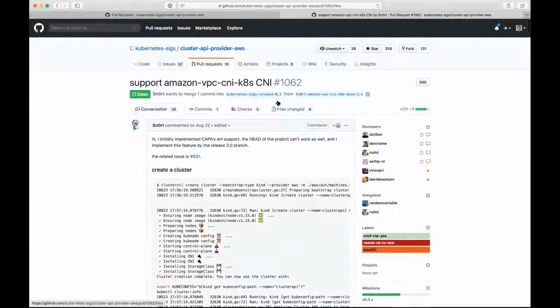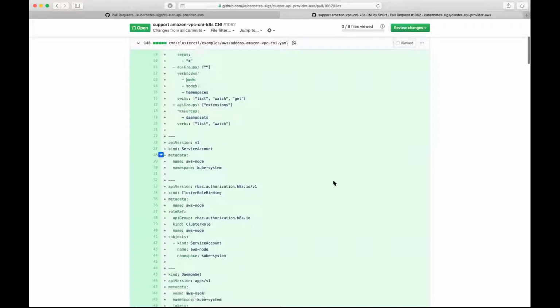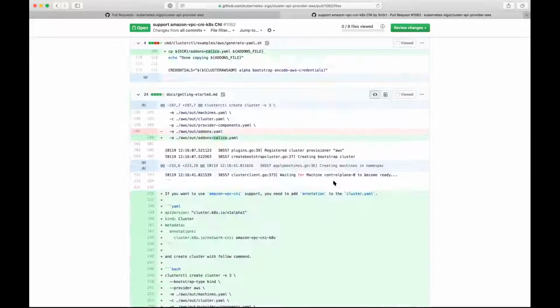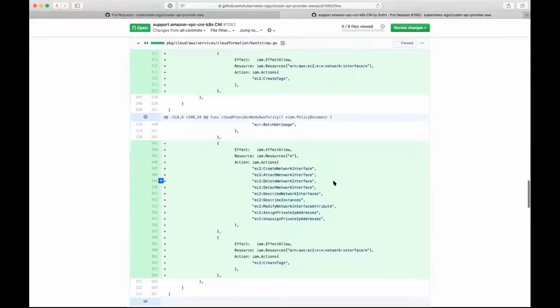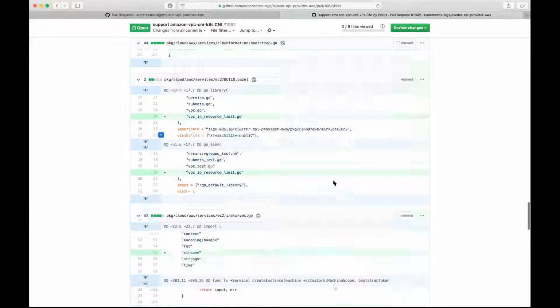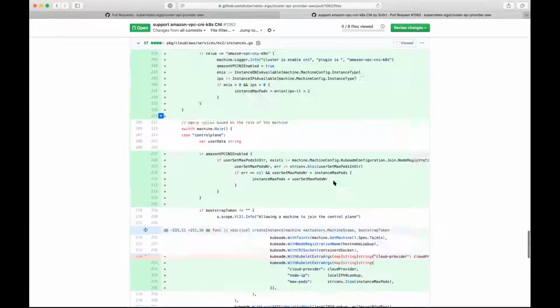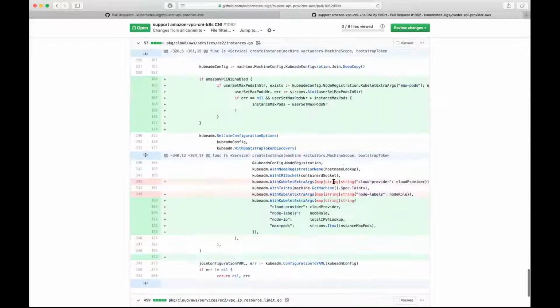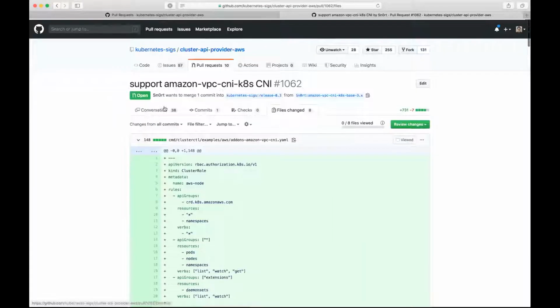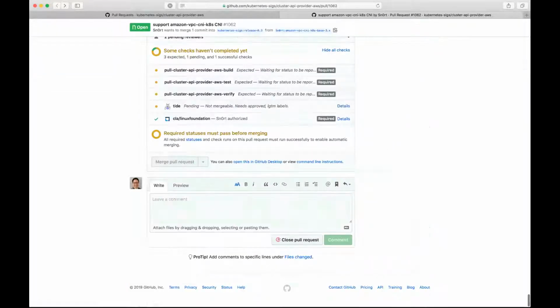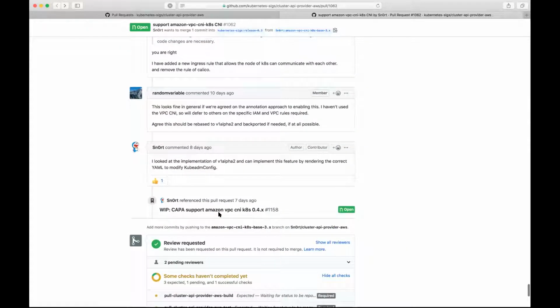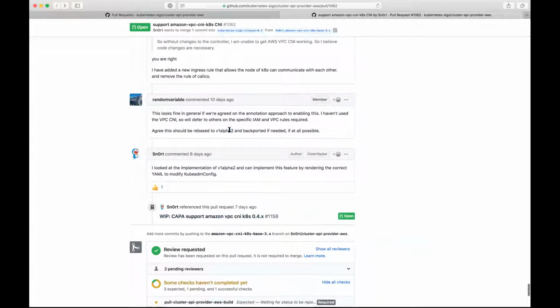Let's see. I mean, the approach looked fine. I haven't looked in specific detail. My main ask was to rebase it onto master, and then we can decide to backport if we really want to. Yeah, we don't want to backport. I added a comment up there somewhere.